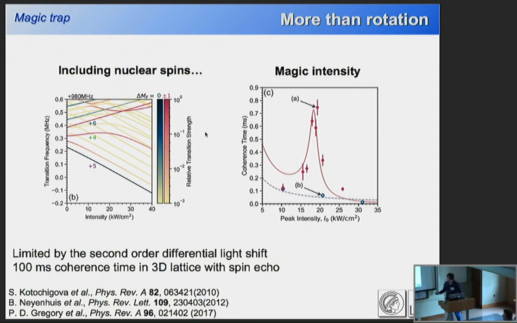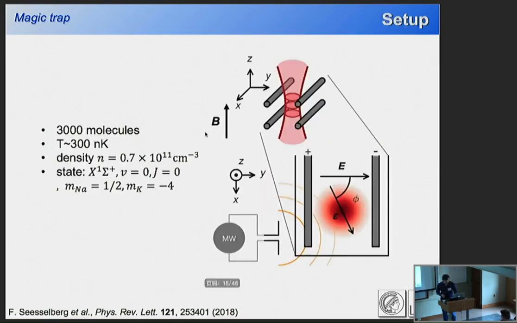But note that if you can trap the molecule in the 3D lattice, you can cancel these inhomogeneous broadenings, and you get 100 millisecond coherence time. But there the molecule is frozen. In a bulk gas, it's moving, so this spin echo doesn't work well. So before I introduce our simple technique,